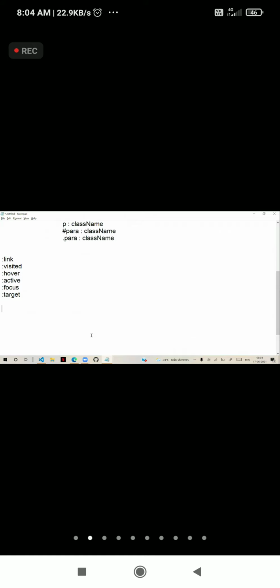Now we have other pseudo classes, pseudo state classes and pseudo validation classes. So there are so many other options. For that we can apply effects based on the validations, which we will see in our next session.